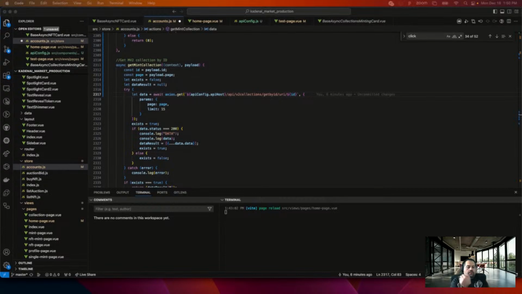All right, so on this one, the query parameters are just makes sense because it's an individual lookup. Okay. So what if I added get mint collection?